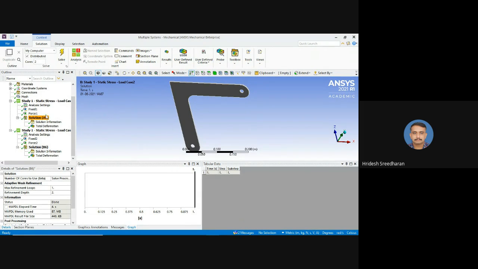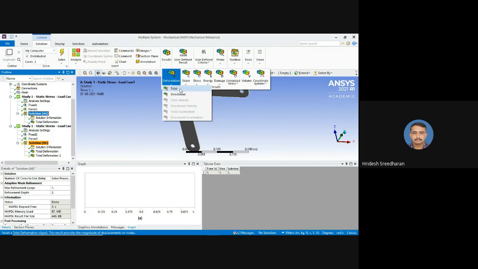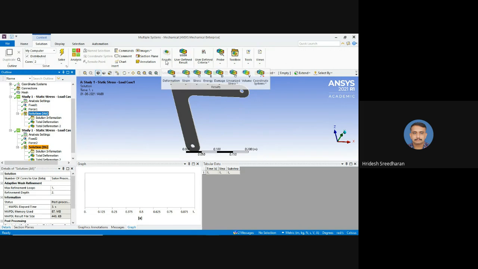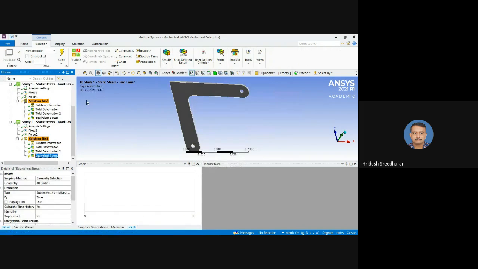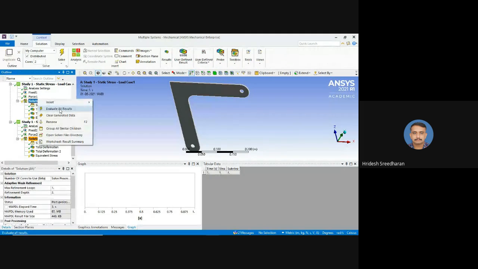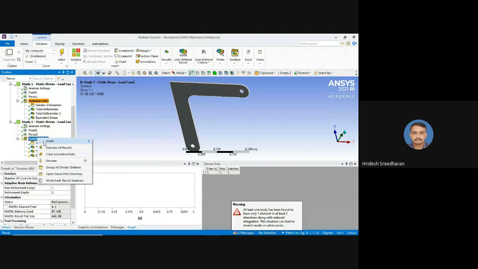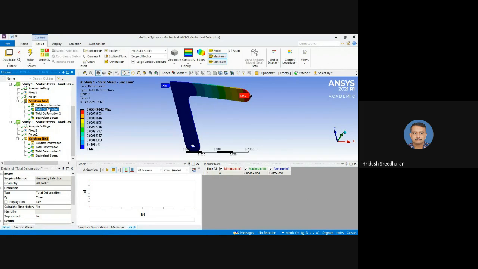Okay, let us insert some results into this. Okay, here the unit is in meter.